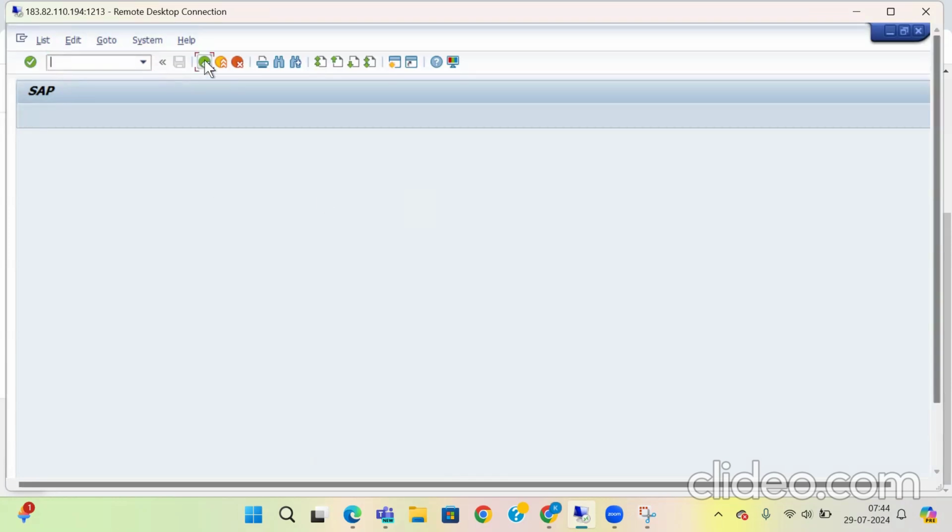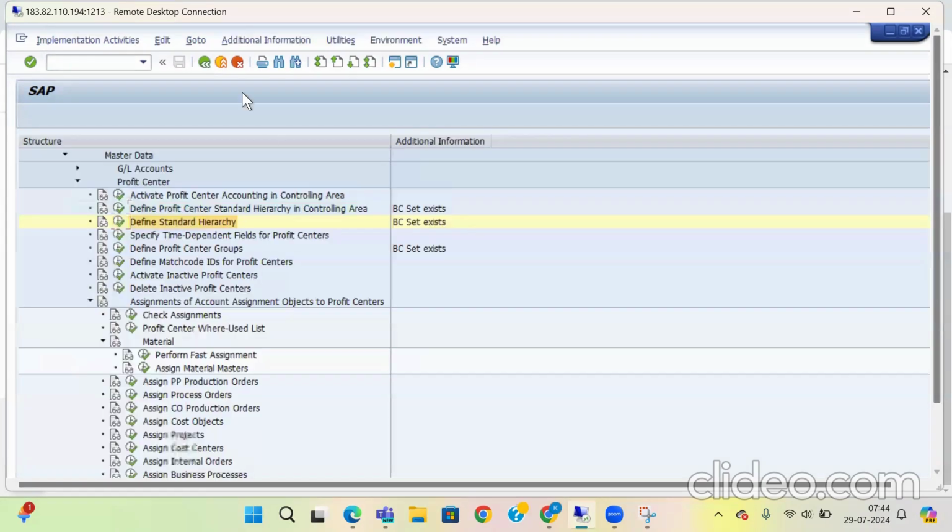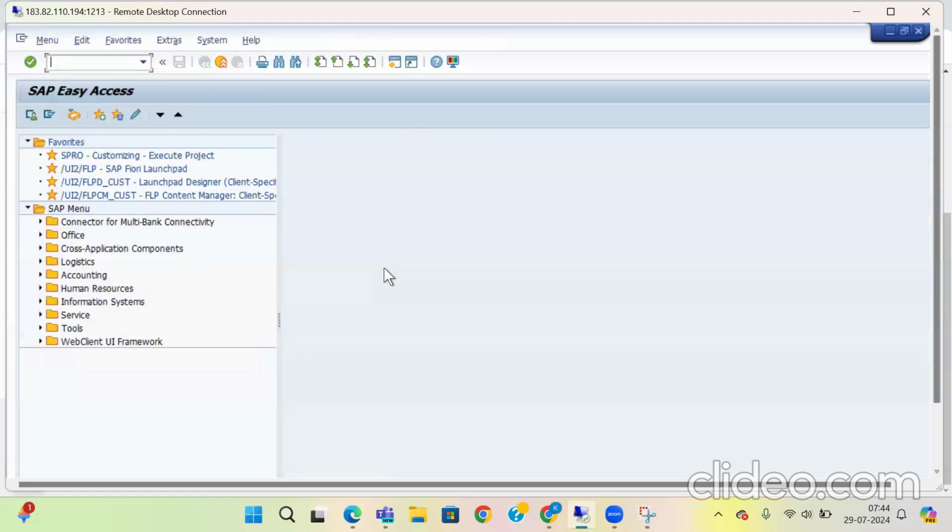Tomorrow I'll show you how to create the hierarchy, because creating the profit center hierarchy and cost center hierarchy takes at least one class. I don't want to divert you people from CO directly back to the master data level. It should be a fresh class where I can start. So in the meantime, if you want to ask some questions,